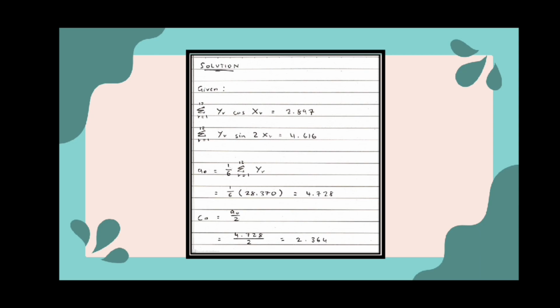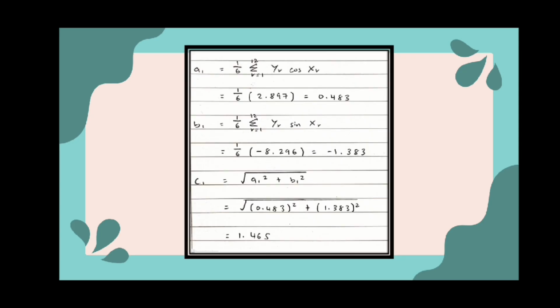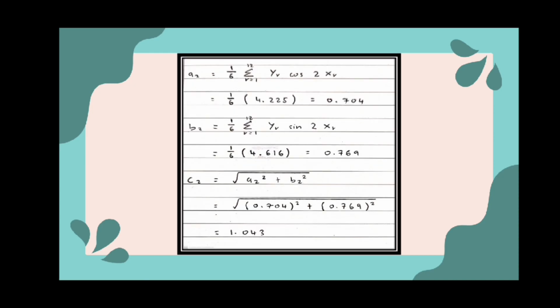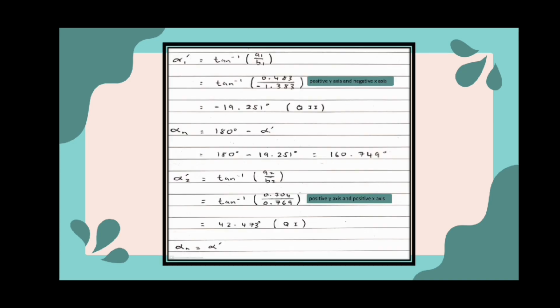By using the correct formula, the answer is as shown. A0 needs to be found in order to get C0. A1 and B1 must be settled first to get C1 by using the formula, and finally the same as before for A2, B2 and C2, the answer as shown. For alpha 1, by using the formula, the answer will be